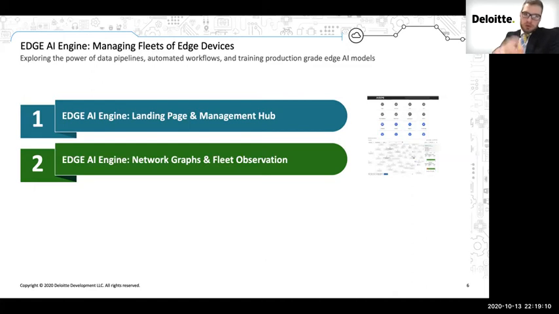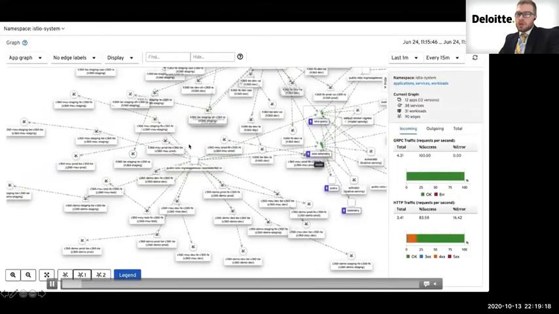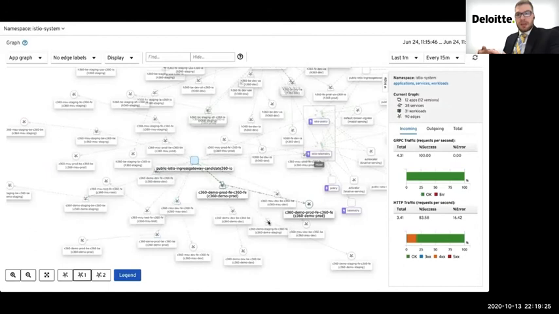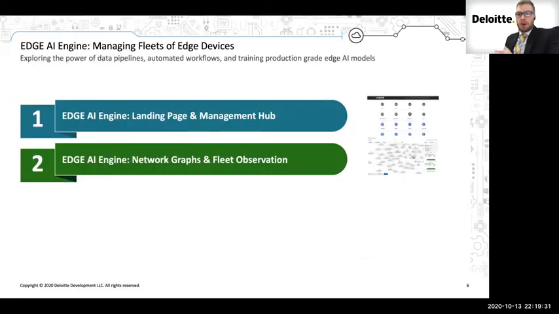And so with demo number 2 of this backend, we'll go through network graphs and fleet observation and some stuff that we're currently working on at Deloitte. So what you're seeing here is an Istio service mesh of a deployed full-scale application that's in production at Deloitte. And what you're seeing here is all the nodes and how they're all communicating with each other to basically